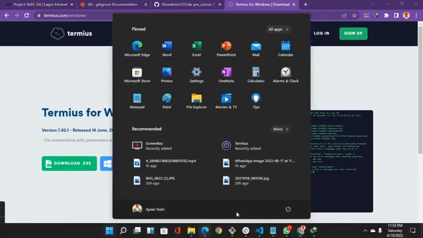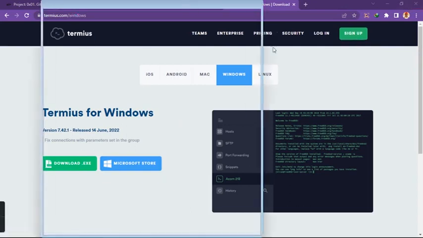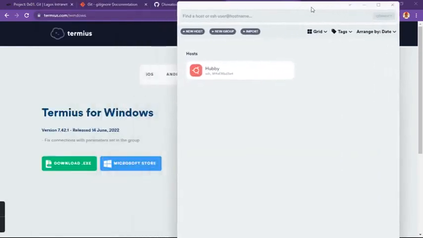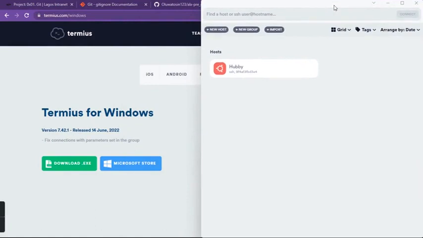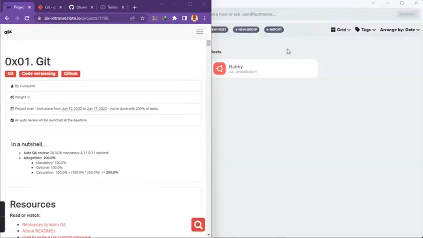So let me just open my Termius for you, and so this is it. When you open your Termius, you just need to do a few things to set it up. Because I got these questions lots of times, how do I connect Termius to my Sandbox? So it's really simple. Immediately when you are just setting up Termius for the very first time,